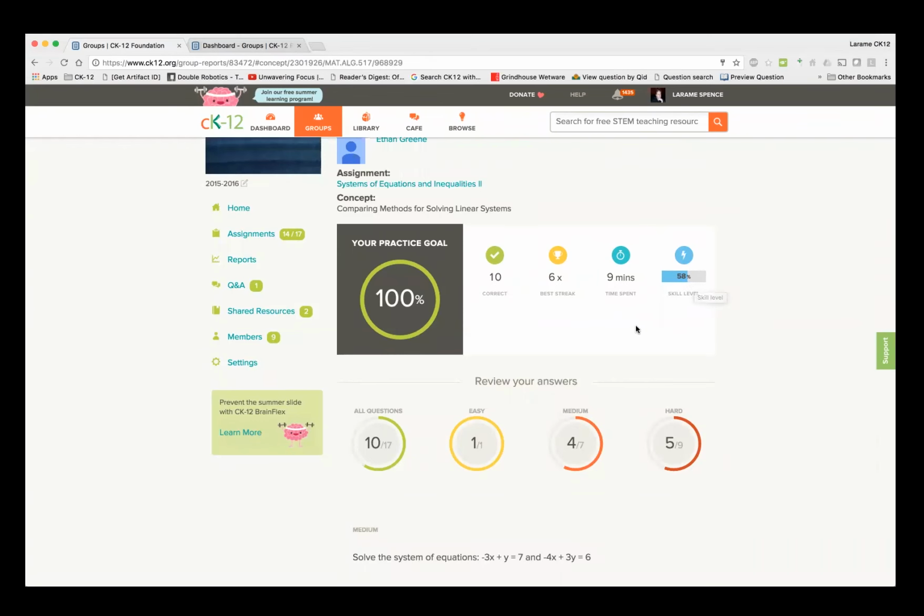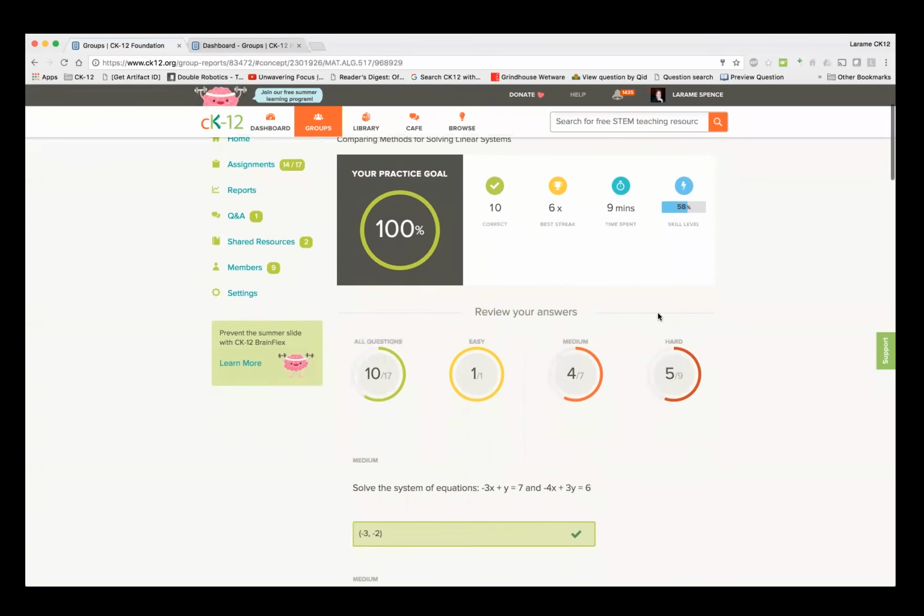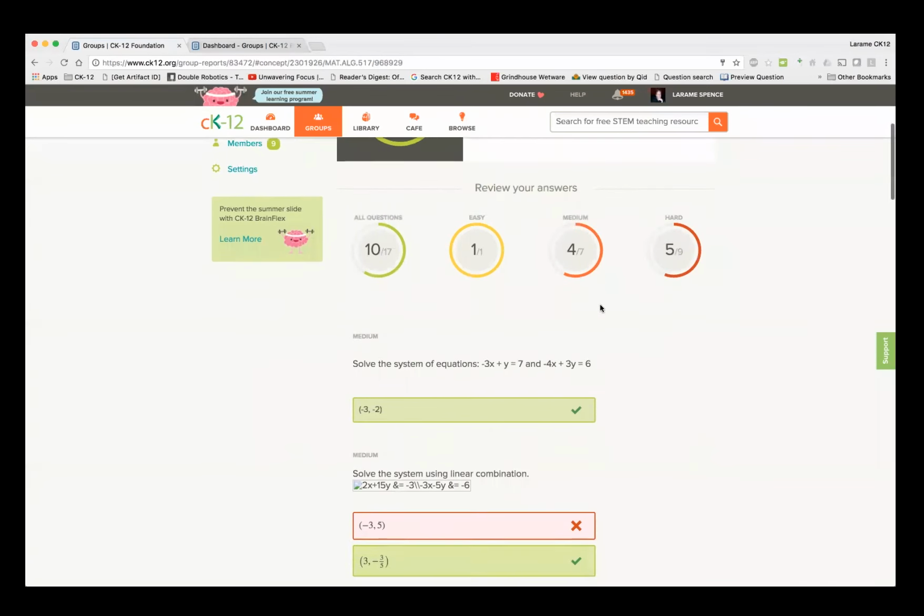In other words, if he'd come in and gotten, of the 10 he needed, 10 in a row right away without ever missing anything, this meter would be much higher. If he did 50 questions before finally getting the 10 correct, the meter would be lower. So it's the system giving us an overall view for whether it feels like he's got a good grasp on that concept. So if we scroll down just a little bit here, we can see again, he answered 10 of